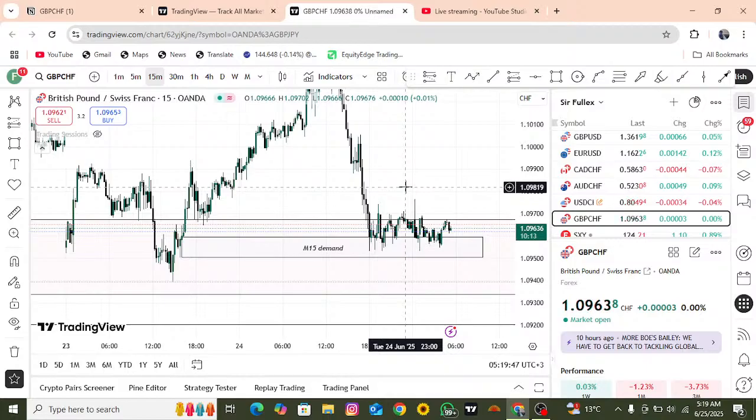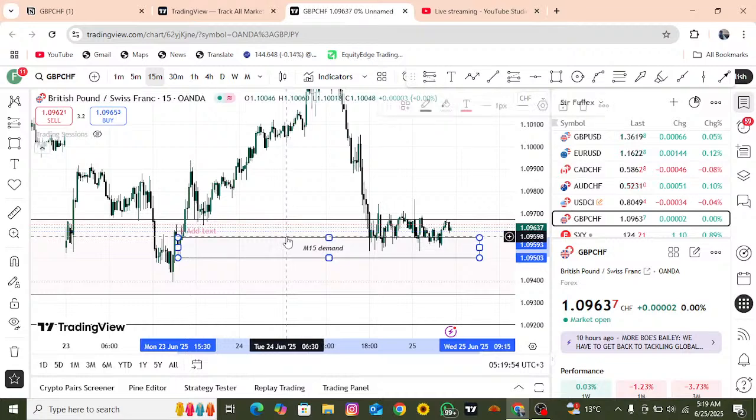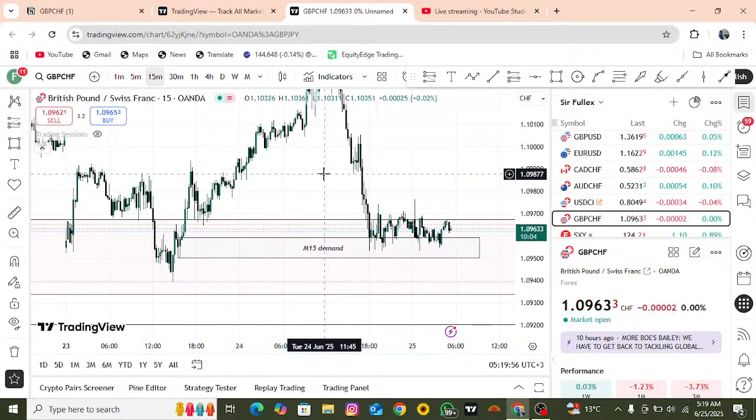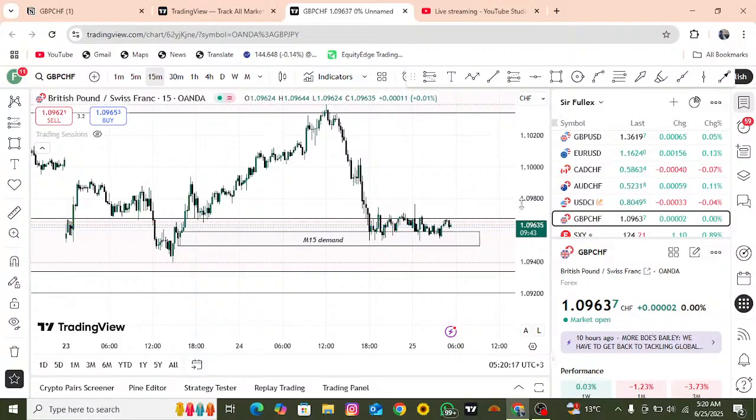So price is reacting from this 15 minutes demand zone, like that. So yeah, no clear move though in the reaction, but you can see price. Let me see, price came